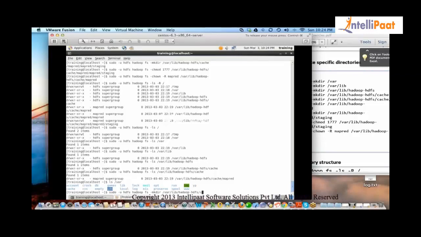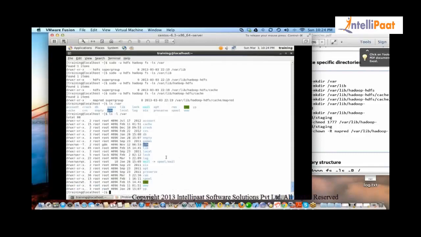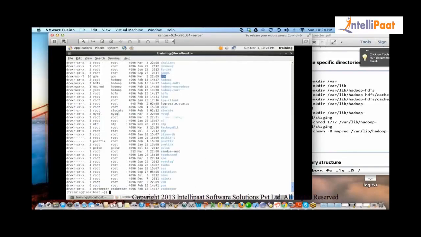And that's why, if you do ls -l on slash, you will not see anything that tells about lib. Now there is a lib, you will say, but if you do it in HDFS, lib has so many other files. Got it?